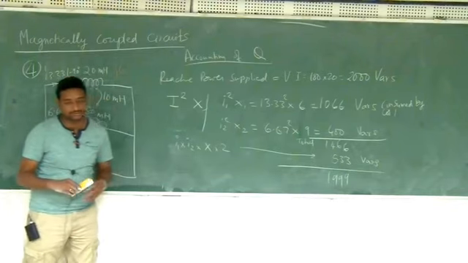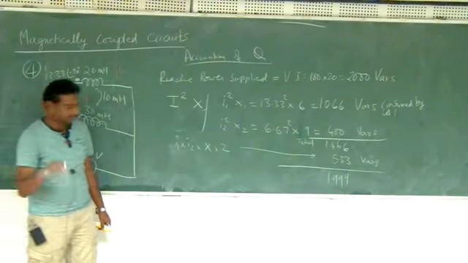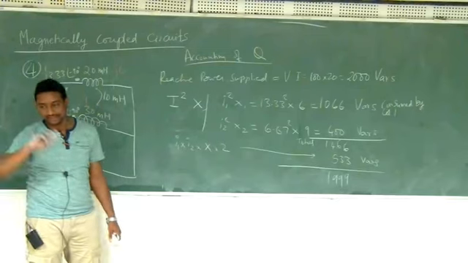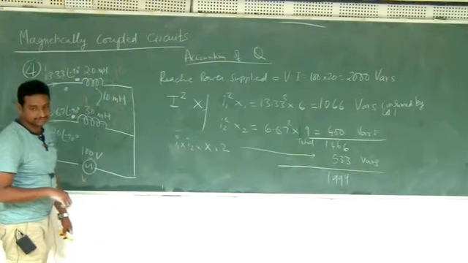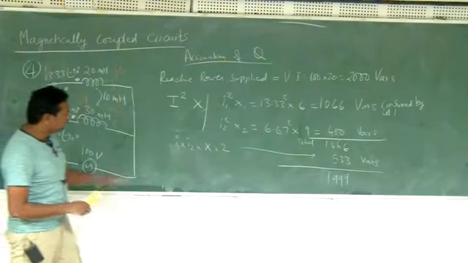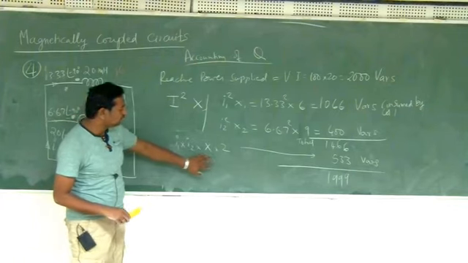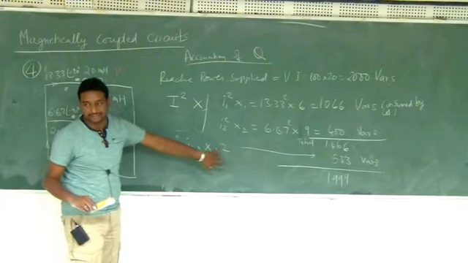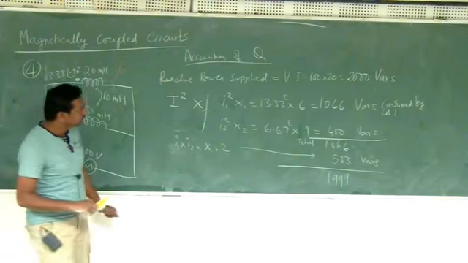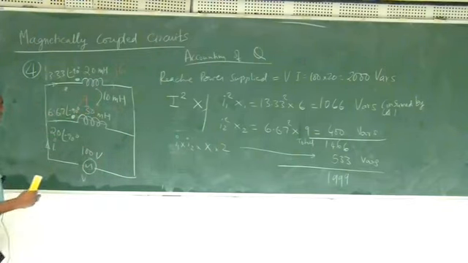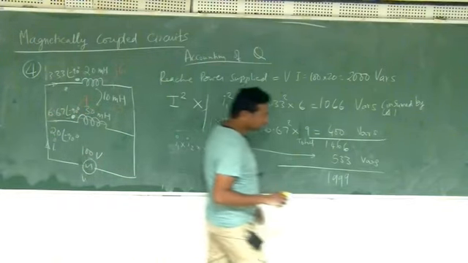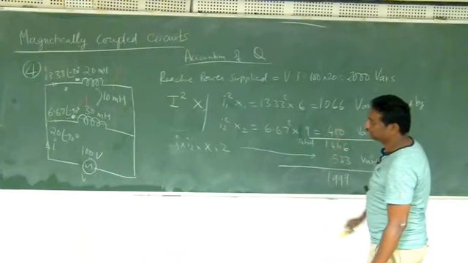The reactive power because of mutual coupling between two coils is the product of both the currents multiplied by the mutual impedance. Current of one coil into current of the other coil into mutual impedance, again that is 2 times. So this is about reactive power. This was problem 4.